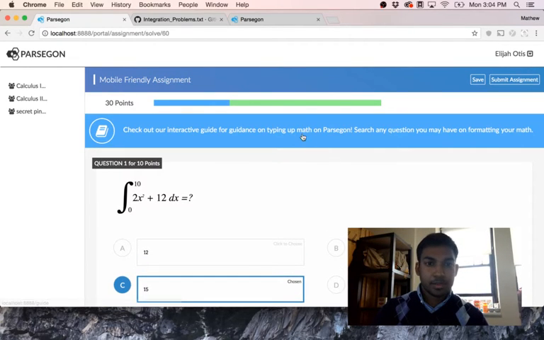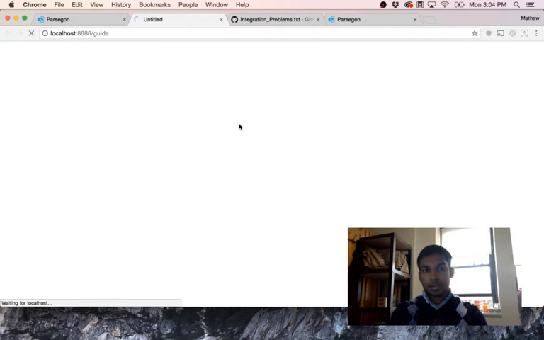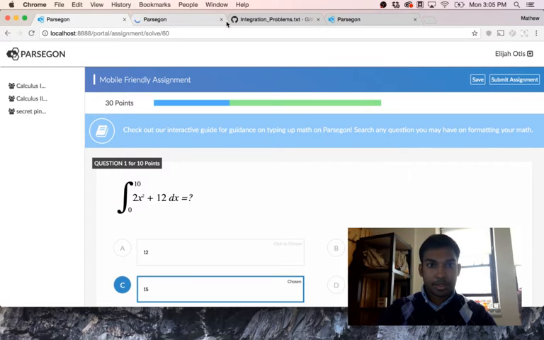Some of the stuff is also a little bit new. You kind of have this interactive guide link over here, as well as a breakdown of the questions. Nothing too fancy, nothing too big, but just small guides to help students with the way they will navigate through the assignment. Right. Second thing on the list is,